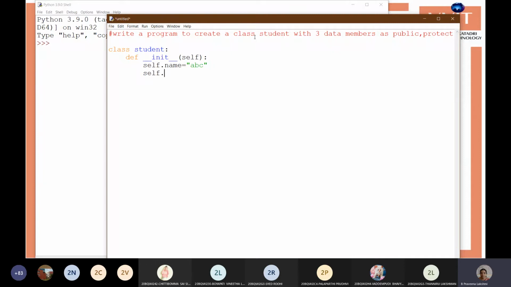Underscore symbols. Number is a private member. Access them. Save the file and run.